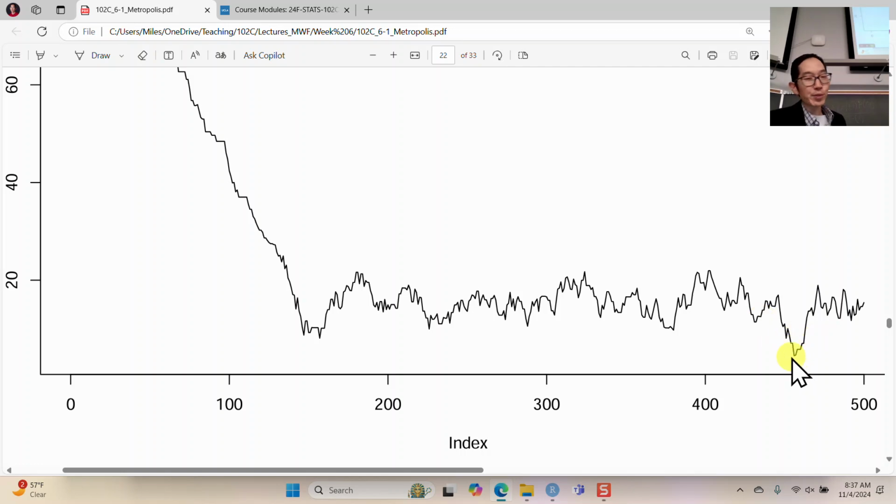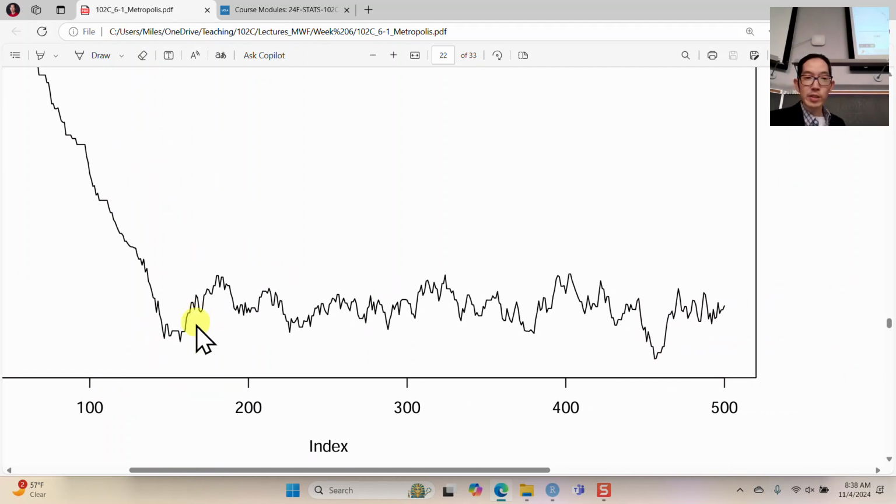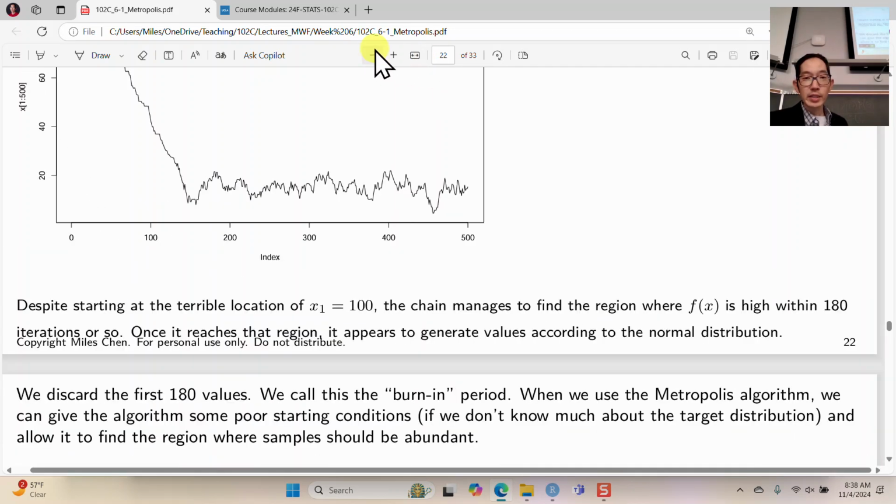But say we're at 9, and again, 95% of our values are between 9 and 21. Let's say I'm at 9 and I propose going down to 7. I don't go there. The probability of us being down at 7 is really low, so we shouldn't go there. And so we start bouncing around here.